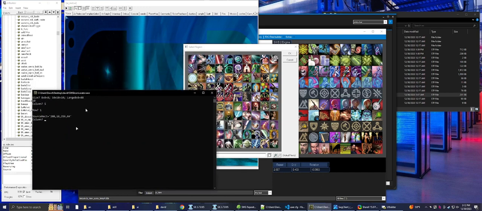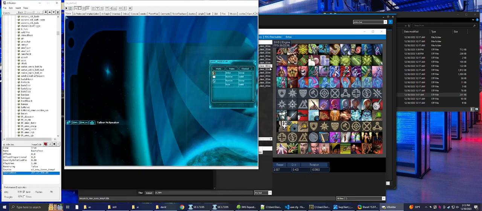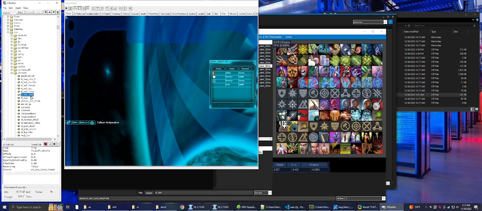It's posted in the Discord. You would select your size. The page is going to be 10 icons by 10 icons, so I put 10. And then what column is it, across the top? What row is it, going down? So if you put in that, it's going to tell you what your source rect should be. And then you would fill that in. Not too difficult, so long as you know what you're supposed to be naming it,